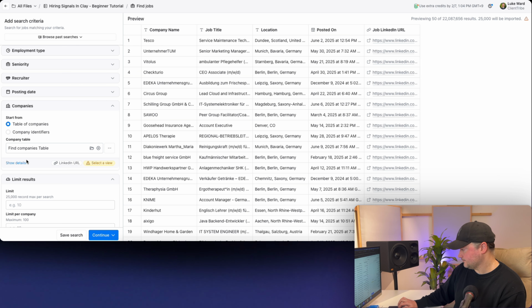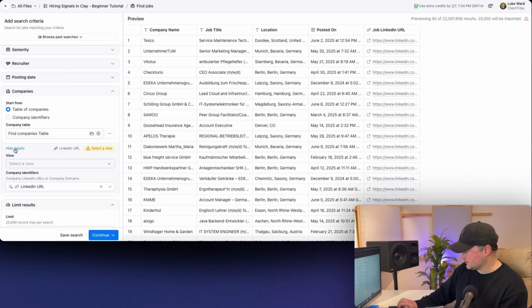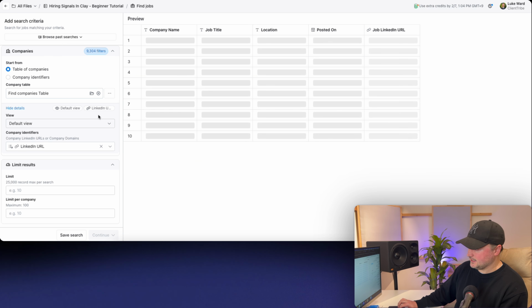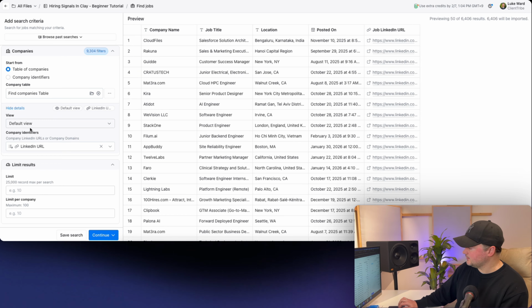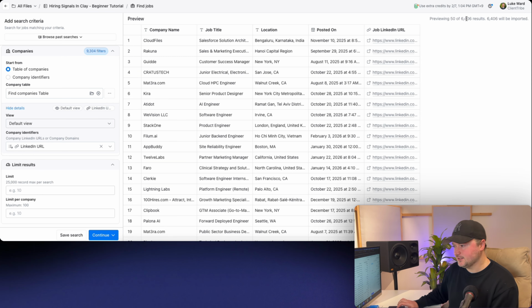Let's just see. Well, I think it's saying that there are 22 million jobs globally at that list of 9,305 companies. So we want to narrow it down. One thing we can do is click Show Details here and select a view. So select Default View. There was a little warning saying you need to select a view. Now that we've selected Default View, okay, the 22 million jobs was just globally